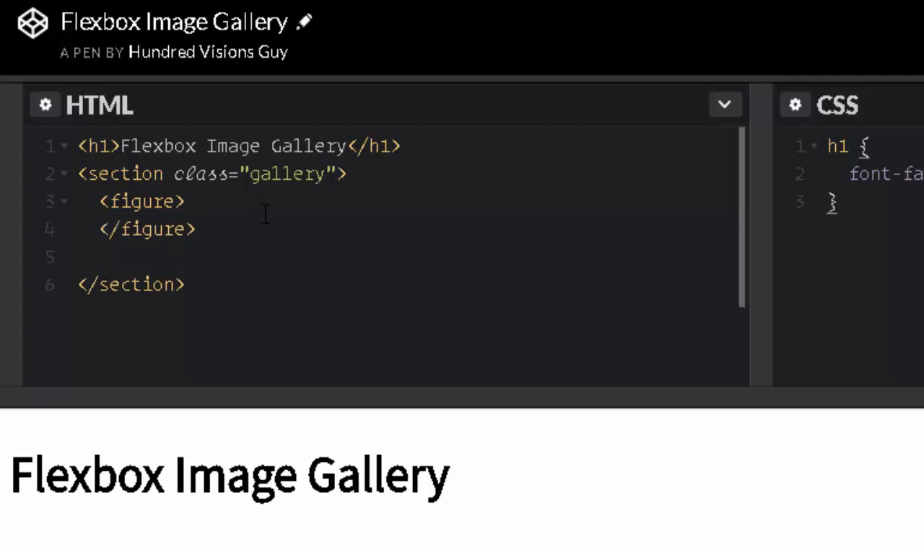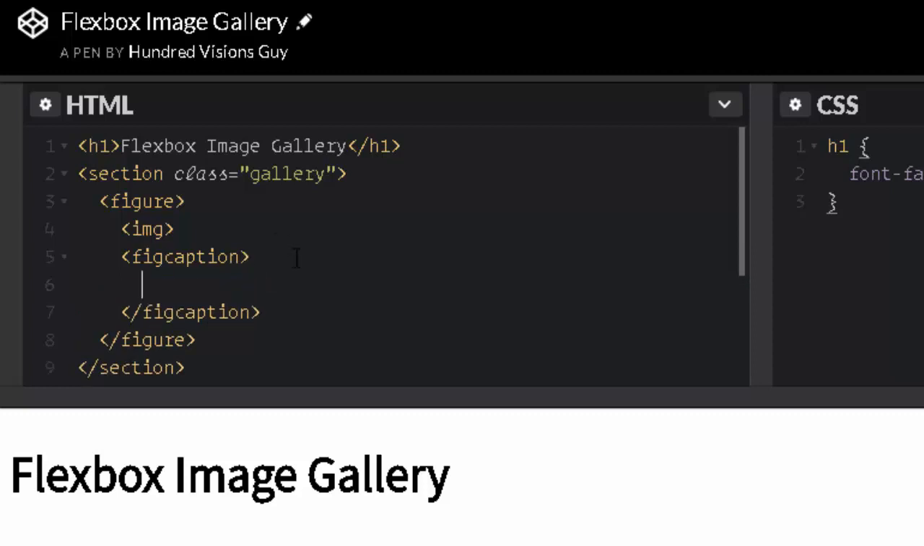Like that. And in our figure, we're going to have an image, and we're going to start with that for now. And then we're going to do what's called a fig caption. So this is really the structure here. And then don't forget to close the fig caption. Okay. And then in our fig caption, we're just going to put